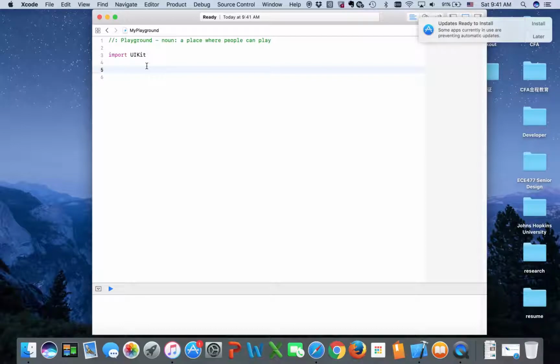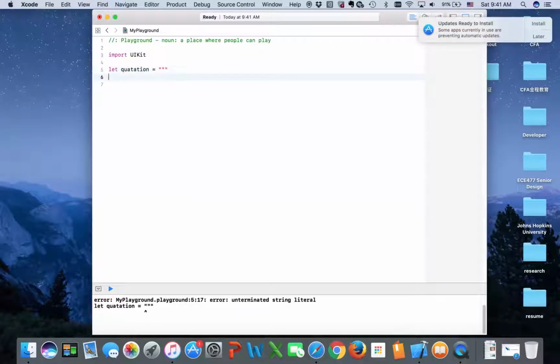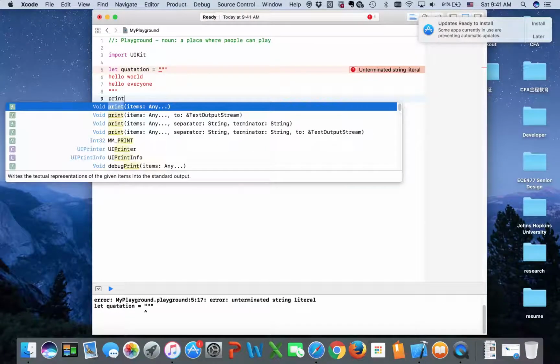You can use a sequence of characters surrounded by three double quotes. For example, if you want a quotation to be a multi-line string literal, we use three double quotes. For example, you can write hello world, hello everyone, and it's also ended by three double quotes. Don't forget about that. And when you print it out,